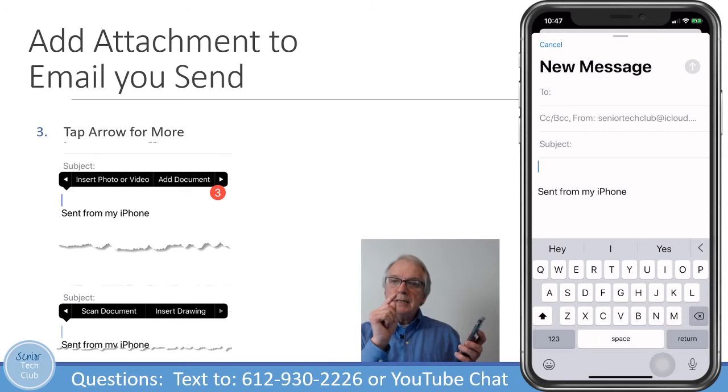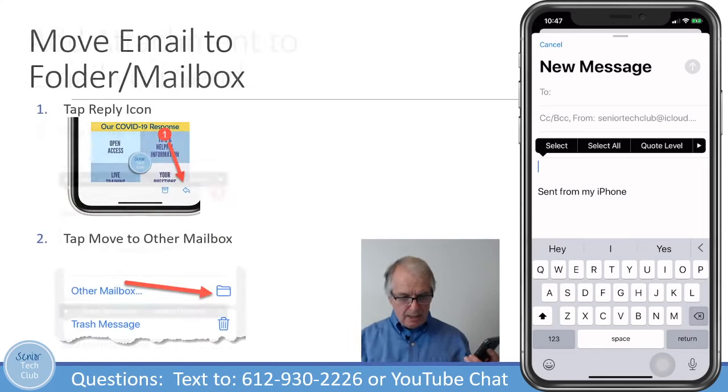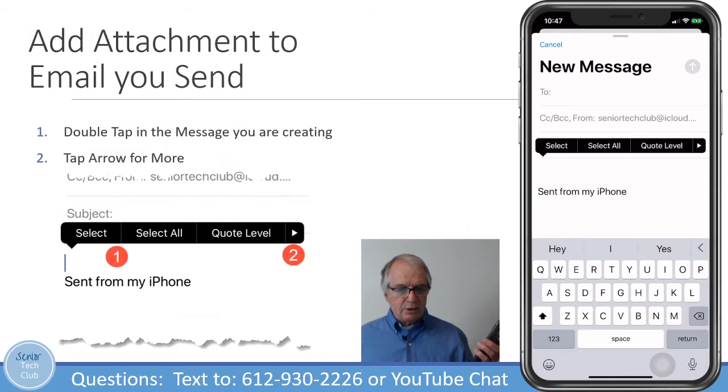But you want to put an attachment. This one's a little bit hidden because you look at the screen here, and there is no indication on this screen that says tap here to attach. What you have to do is do a double tap on the message part, and now you are presented with a screen. I'm actually, oh, this is the screen that you're presented with. I'm a little bit out of order on my slide there. You are presented with a screen that says